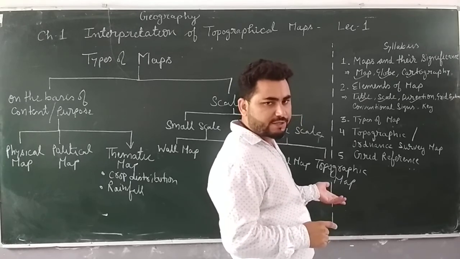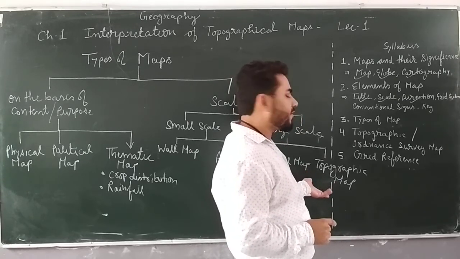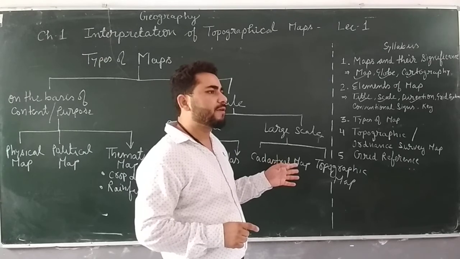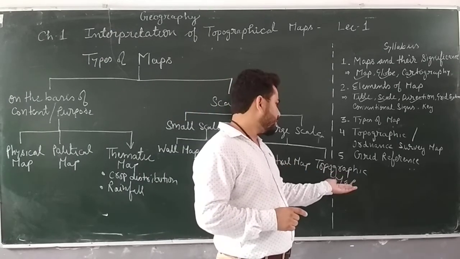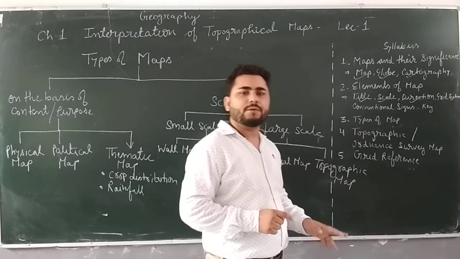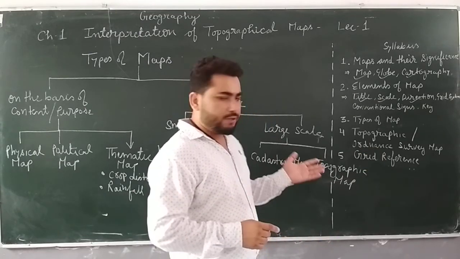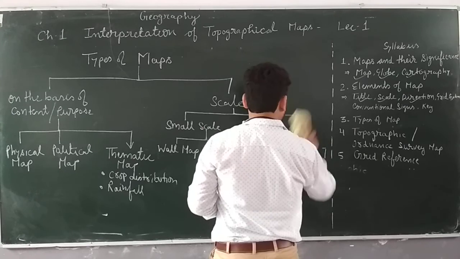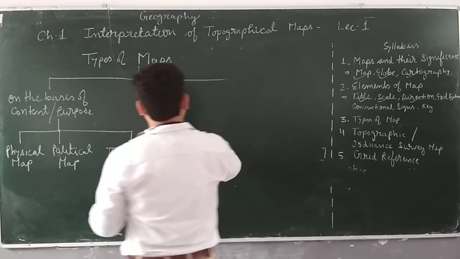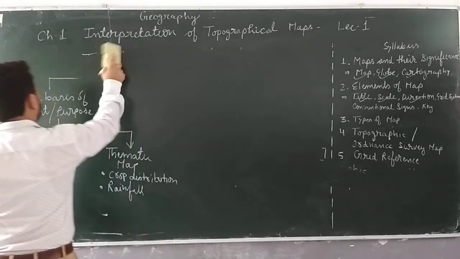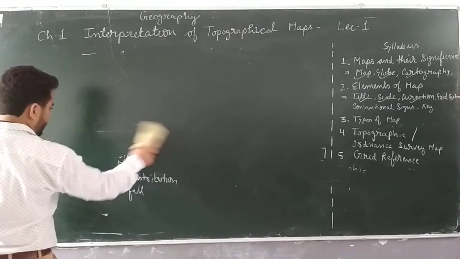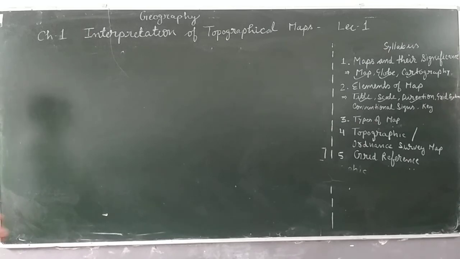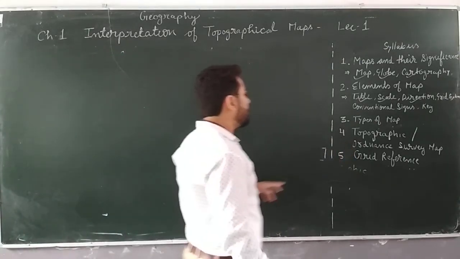Then we are having topographic maps, okay? Topographic maps or topo sheets, right? Or you can say ordnance survey maps, right? Why do we call them ordnance survey maps? Ordnance survey maps were first prepared by Britain, right? These topo sheets or ordnance survey maps were first prepared by Britain. These maps were made in order to prepare for war. These were prepared by the military officials of Britain in order to get prepared for war or battles, right? With the help of these ordnance survey maps or topographic maps,